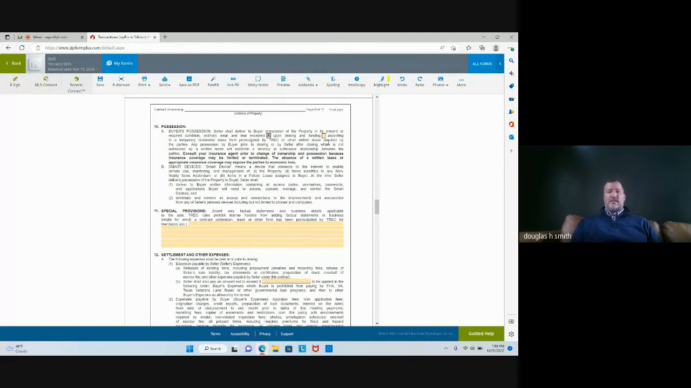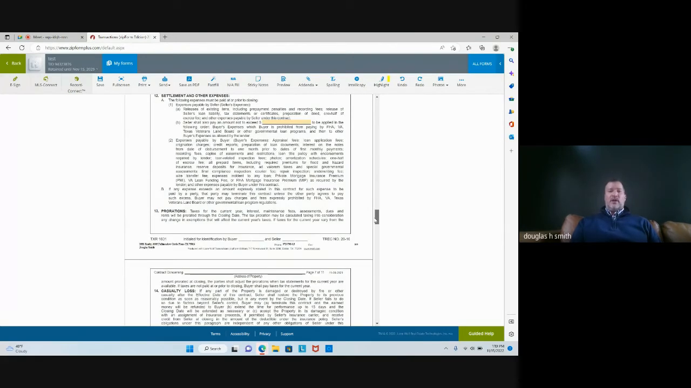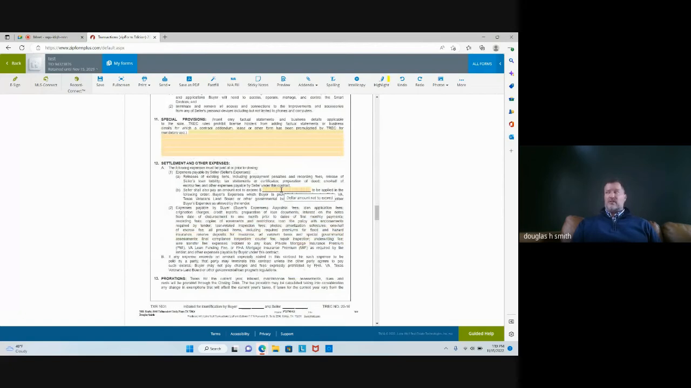If the seller's going to stay in it, then you mark the second box. Paragraph 11, don't even type anything in there. No reason to. Paragraph 12 is called seller concessions, or it's where you ask the seller to pay closing costs